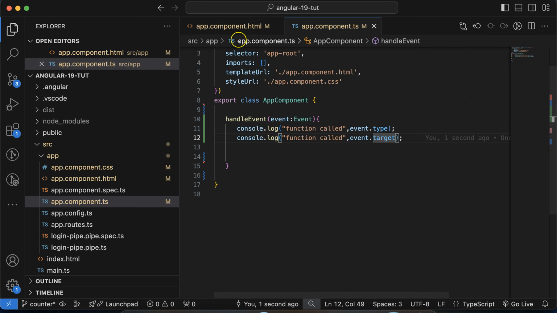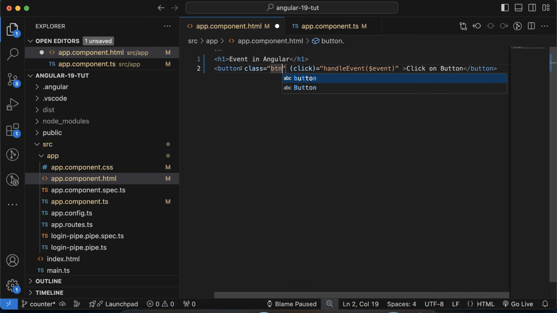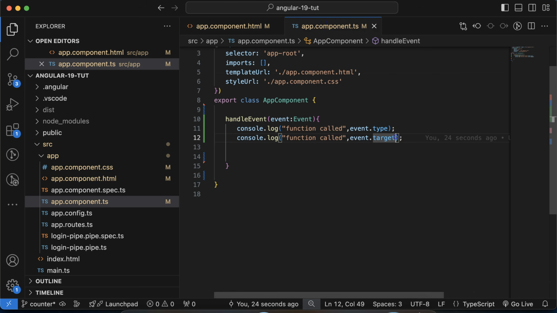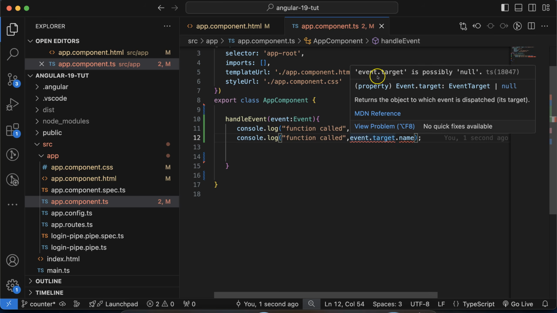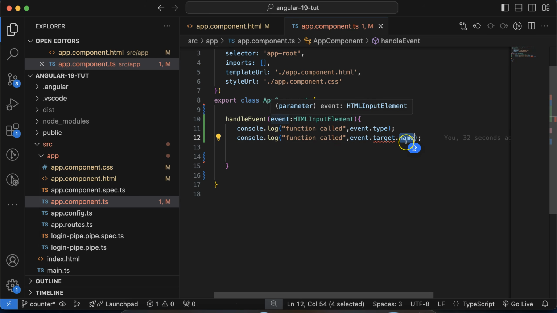Okay, so let's say this button has some properties, maybe the class name is, let's say, btn or something, right? And then it has a name also, and the name is, let's say, login. Then let's say you want to get this name, then you can simply put target.name. But if you try to get target.name, then this will say event.target is probably null. Then what you can do there, for that, either you can simply do one thing